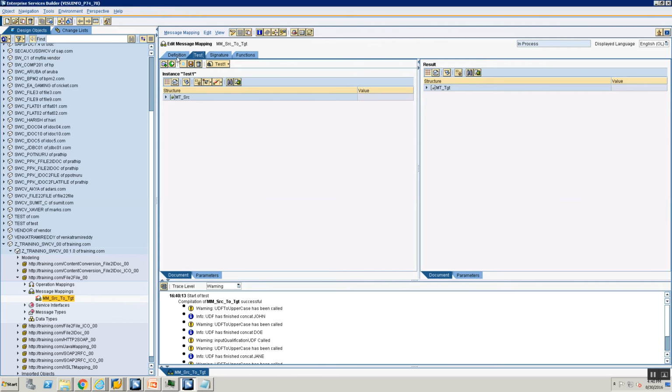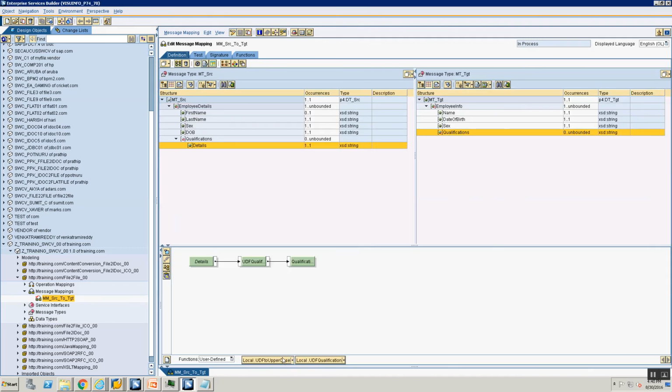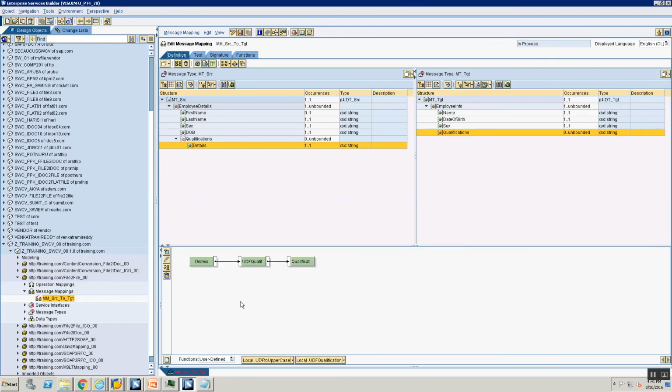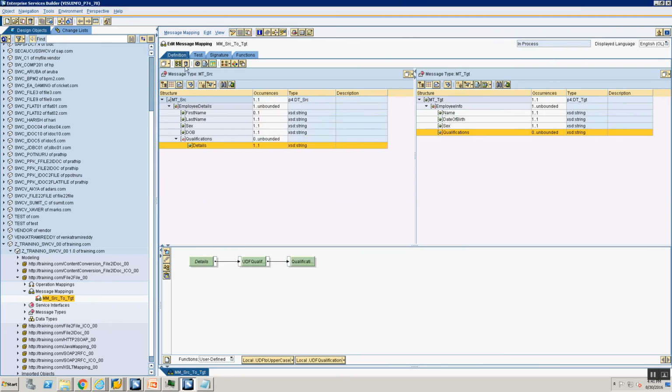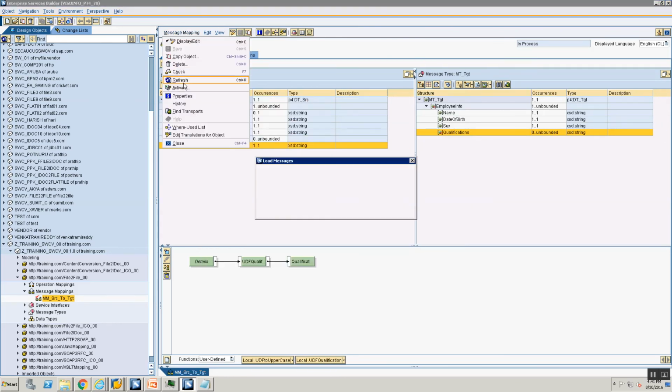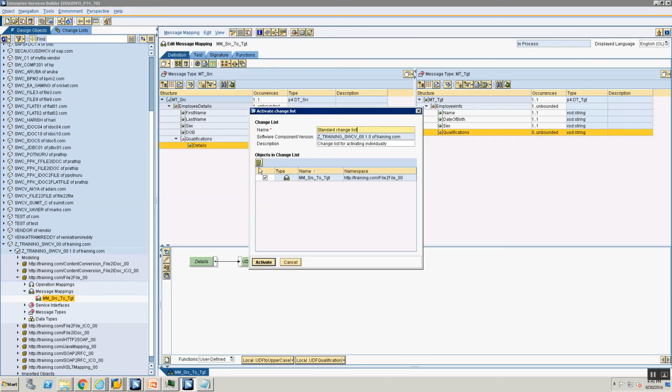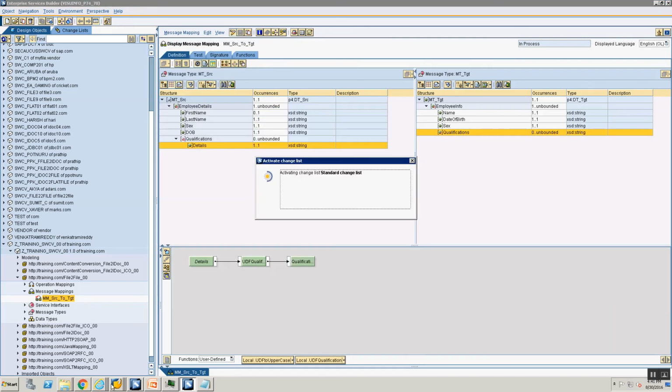All right, so let's just quickly change the text. I want to fix the text, edit function, and let's take the text that says has finished uppercase conversion. All right, now I'm going to save my mapping, and I'm executing my mapping. Oh sorry, I did a refresh, which is wrong. I'm going to go into mapping and activate my mapping, and now that my mapping is activated, let's take the